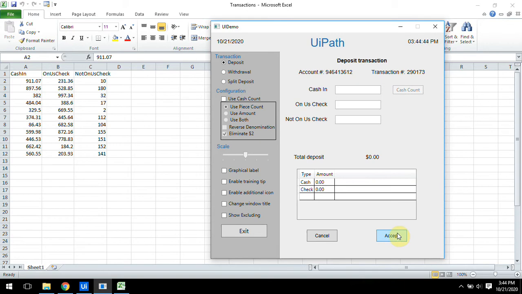Click on accept, and if it is successful, we have to write the status. If we are using the queue, then we can write the status in the queue. If we are not using a queue, then we can make one extra column and write the status as success or fail. That is our actual task. So let's start with our task.